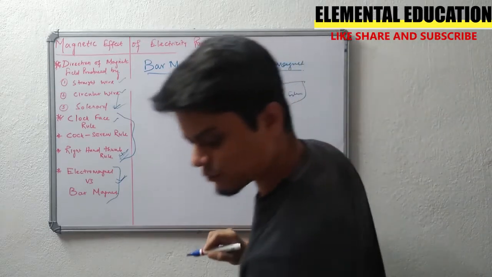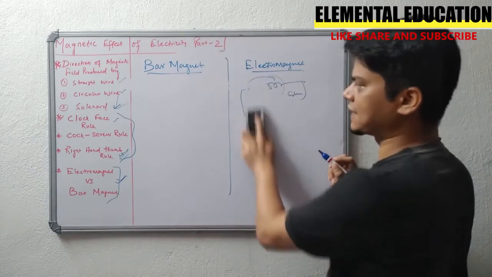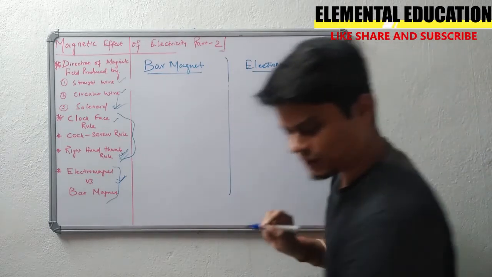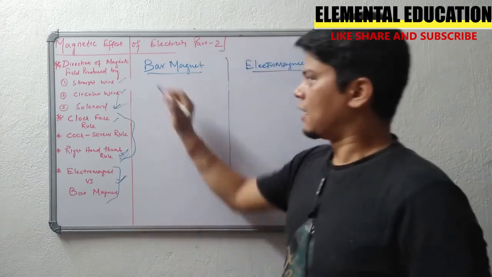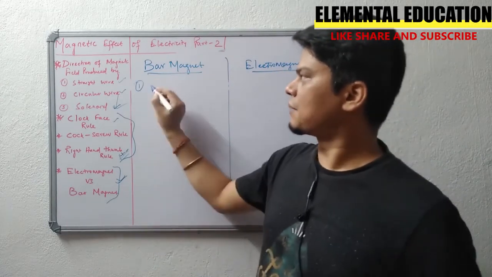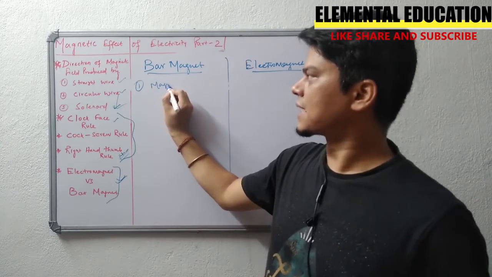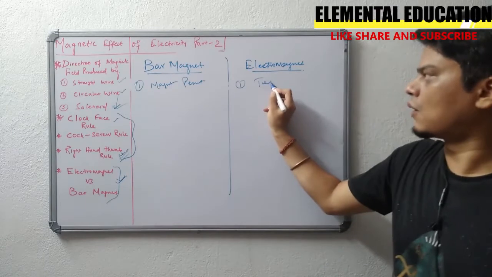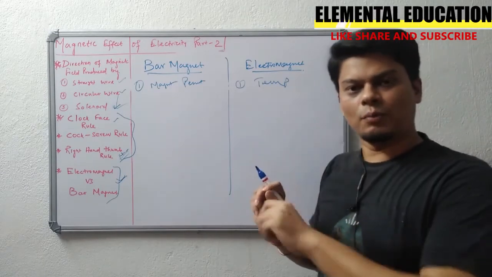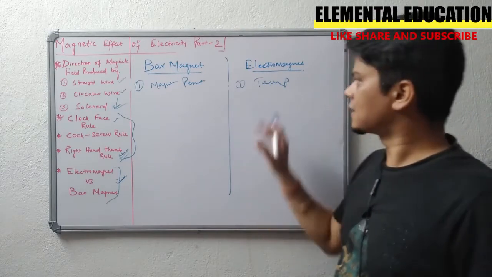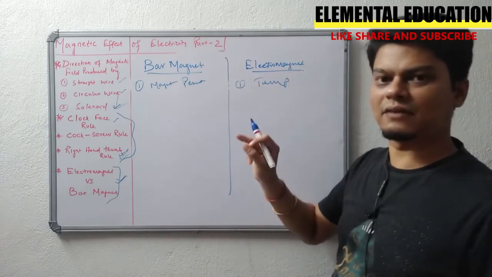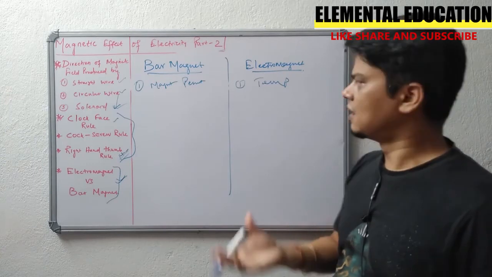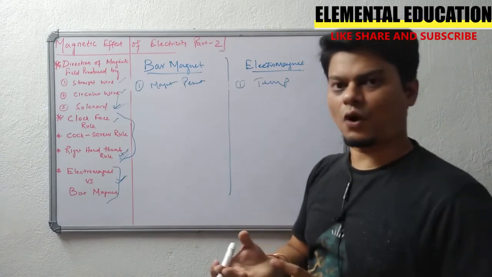So knowing this, we already know what is a bar magnet. It's a permanent magnet we must have encountered in our daily lives, right? Now let's go for the difference. First difference is, in a bar magnet, the magnetism is permanent. Here the magnetism is temporary. Why? The moment we switch off the current supply, the material doesn't behave like an electromagnet. It behaves like a normal substance or an iron substance or number of turns of coils.